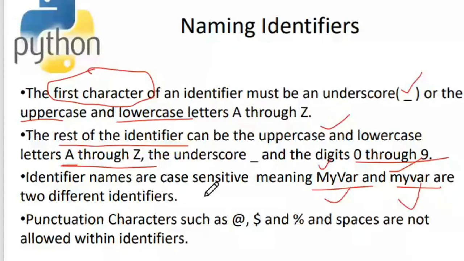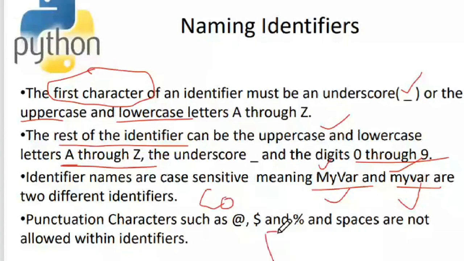And there is a different naming convention for class names and method names. Generally, we start the function names with lowercase letters, and we start the class names with uppercase letters. It is not mandatory to do it that way, but we do it to make your code readable. So if you have a class called banking, I start with an uppercase letter.